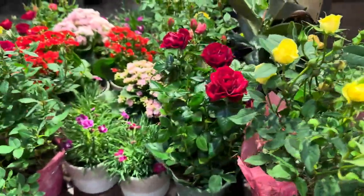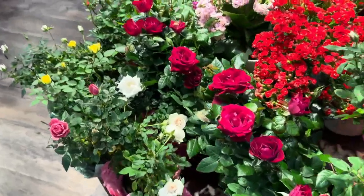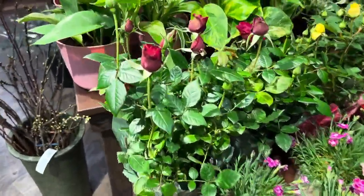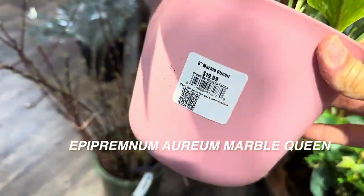And then obviously we've got some miniature roses here. We've got some assorted kalanchoe. That's the thing about grocery stores. Their houseplants or indoor tropicals are mixed with their floral department, so you will see a lot of flowering plants. I want to show you guys flowering plants in addition to the tropical aroids that you would see. Like this one right here is a 6-inch